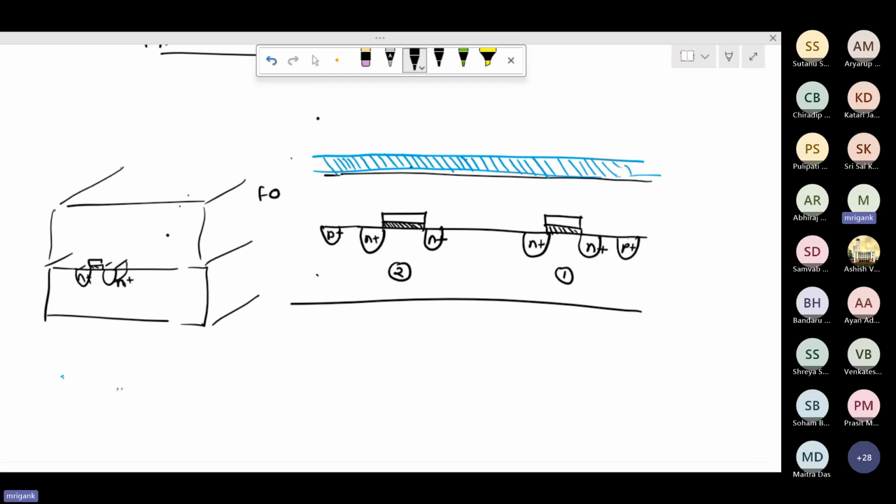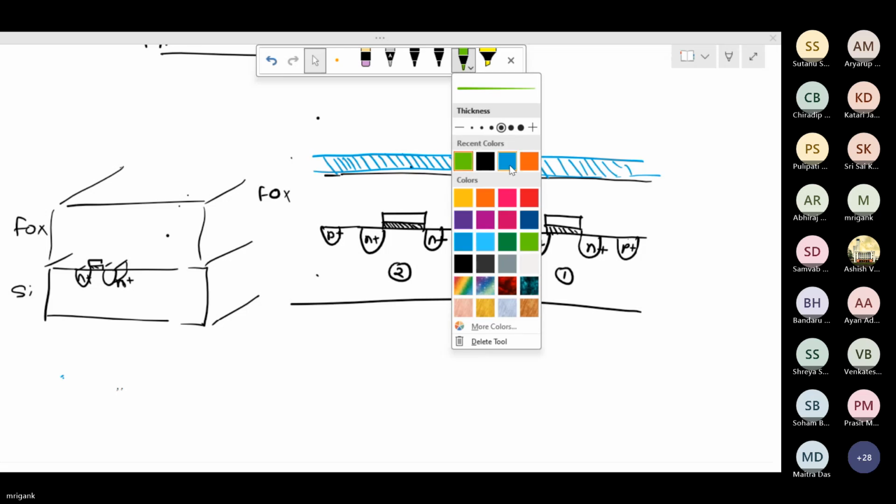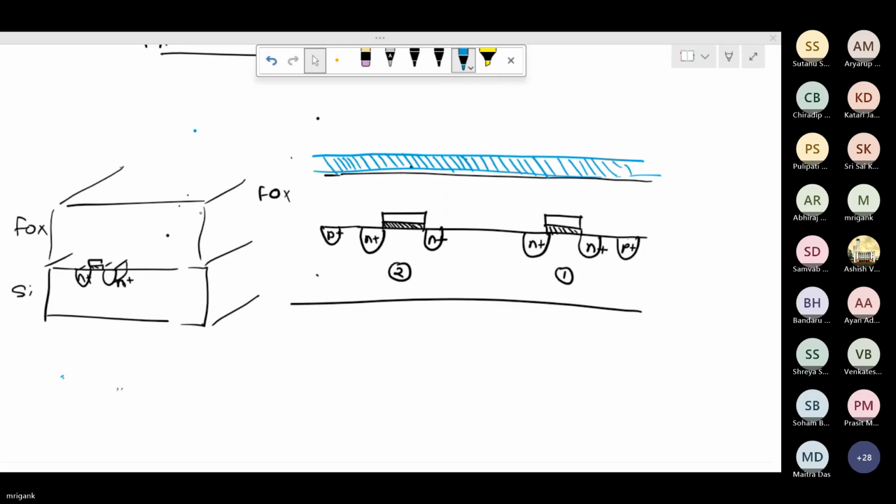So this is your field oxide. I can call it FOX. This is your silicon. And then on top of that, you have metal 1. So on top of that, you have metal 1. You again have another field oxide. And then